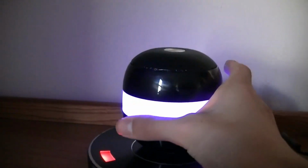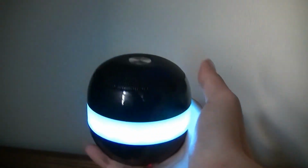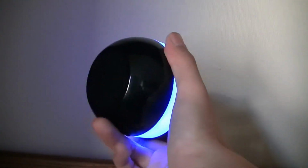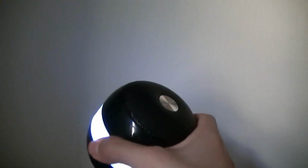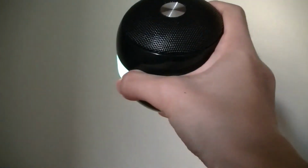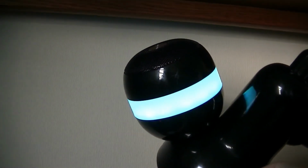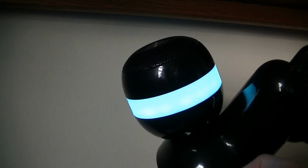So if we want to kind of undock it from here, we can see that the speaker itself can still be used to play music as is, just like a traditional mini speaker. And from here we also have the ability, of course, to dock it onto anything that's magnetic, since it is, as aforementioned, very strong in terms of its pull. So for instance, if we put it onto a lamp here, you can see that it will stay placed without any issues. So you can really use this on a wide range of surfaces around the house, in the car,